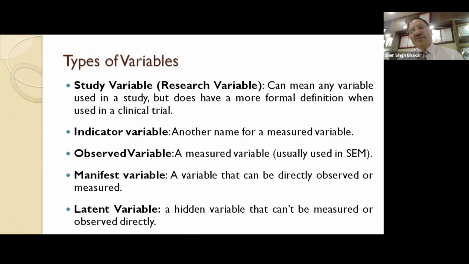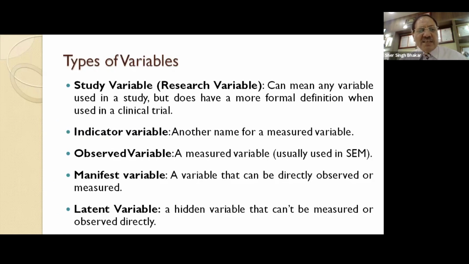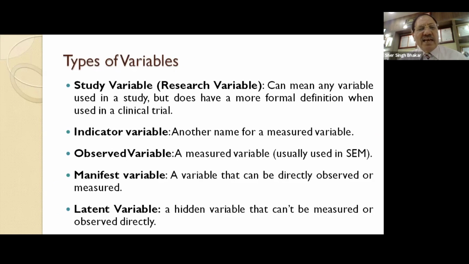So in structural equation modeling, these are common terms used: indicator variable, observed variable, manifest variable for measurable variables, and latent variable for variables that actually come to the fore when you carry out exploratory factor analysis. This is the classification of different variables. You would find all these variables listed, but the problem is that they are not generally classified into these categories. So it becomes easier to remember.